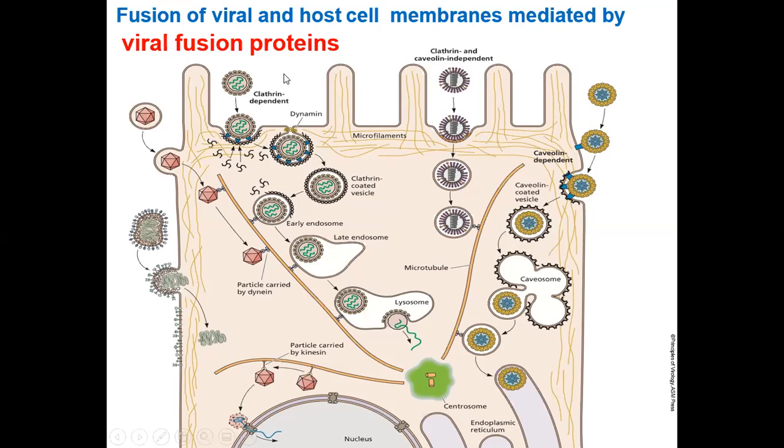Viral fusion proteins are present in the viral envelope. It is very important to understand that these proteins present on the viral envelope collaborate with the proteins present on the surface of the cell membrane, and then they go